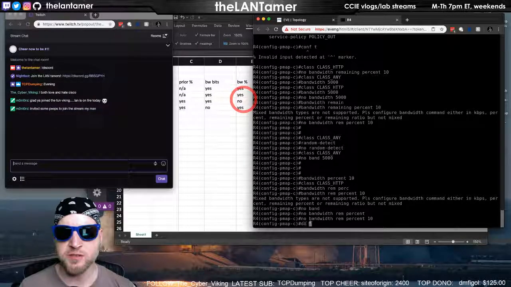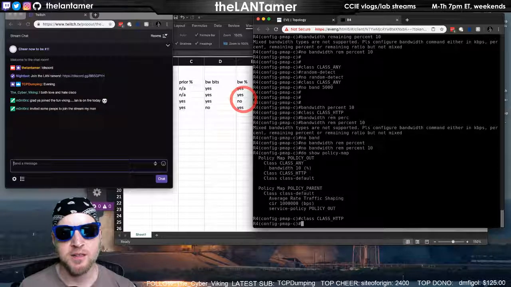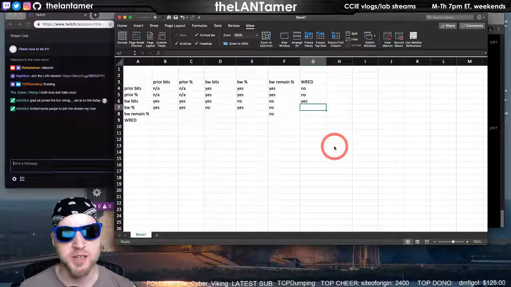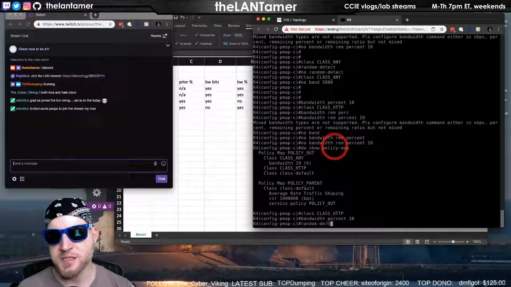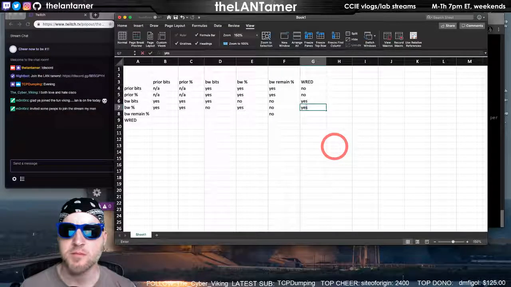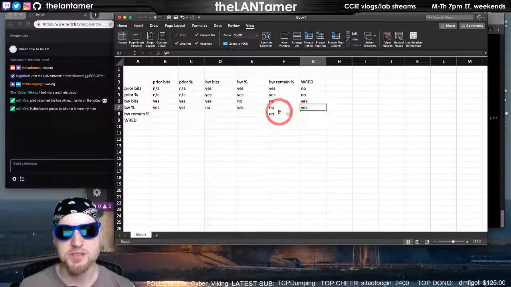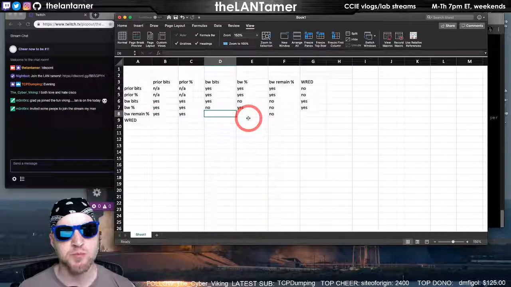So we should be able to say do show policy map. Yeah, so in class, I have to have the bandwidth command here, right? Bandwidth percent 10, random detect. Yes, no problem. As long as these work, this will work with this, right? Now, bandwidth remaining percent. Yes, it does work with anything priority, whether you use bits or percent.